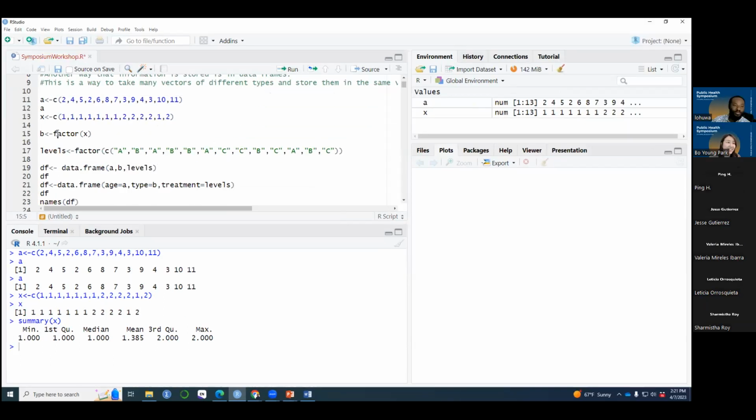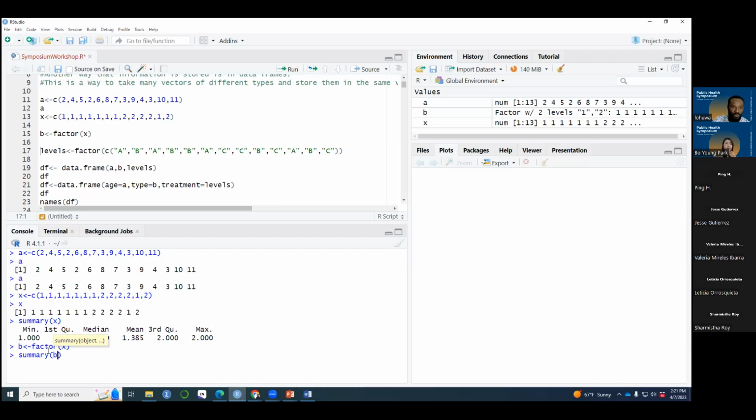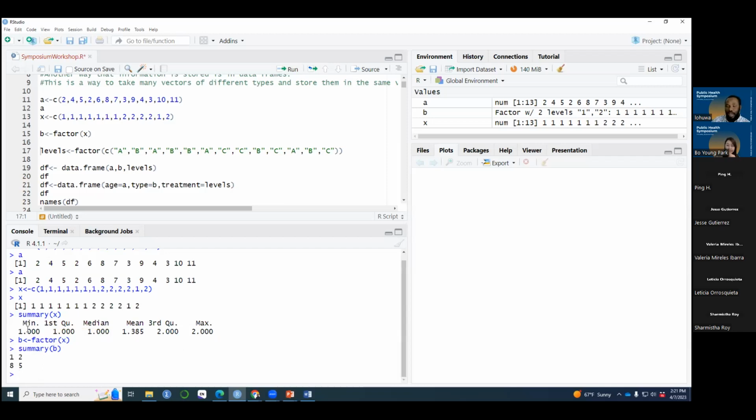So now we would want R to see it as a nominal variable, right? So let's run. We are now assigning that nominal variable of X to a variable B. So we can run B. And then now, remember that B contained the same information as X, but X was not made a nominal variable. So this was the information we had when we entered the summary. But we can also enter the summary of B, and then let's see what we have. Now we have R noticing it as a nominal variable, and we have 8 ones and